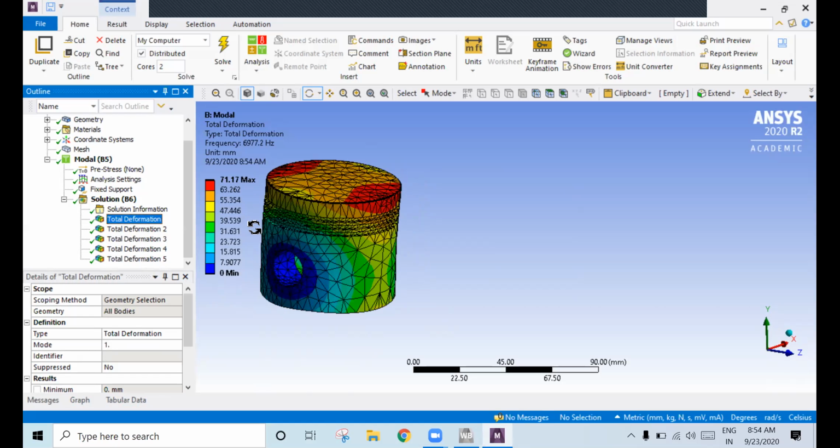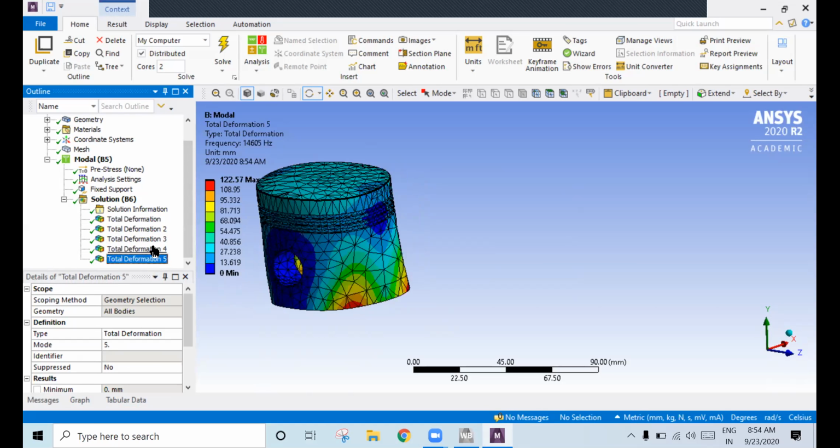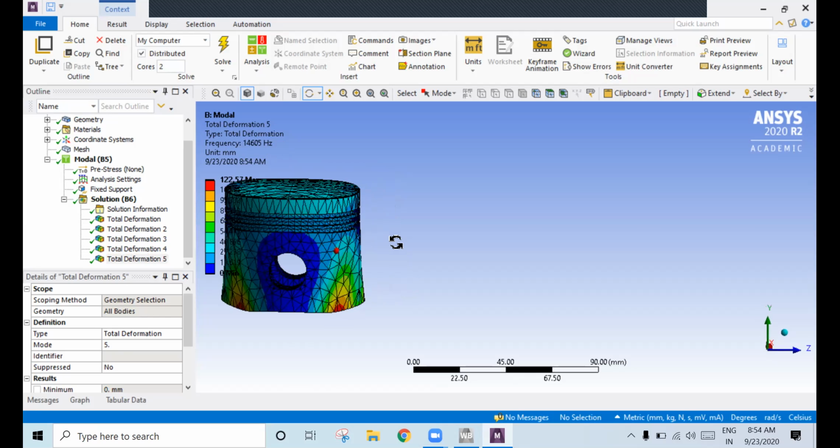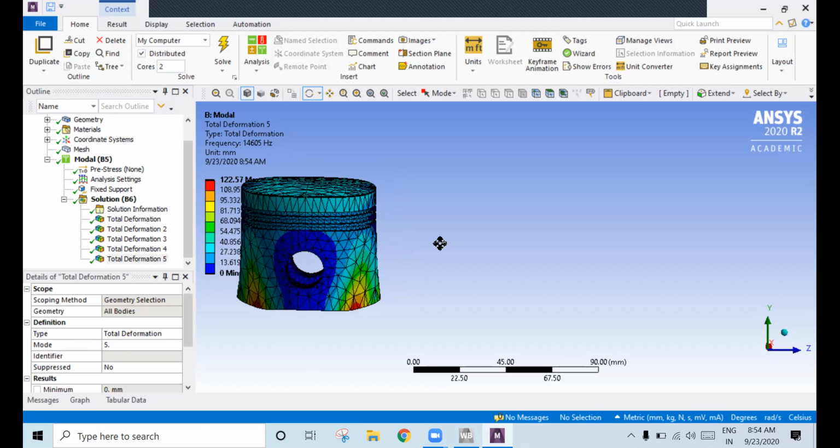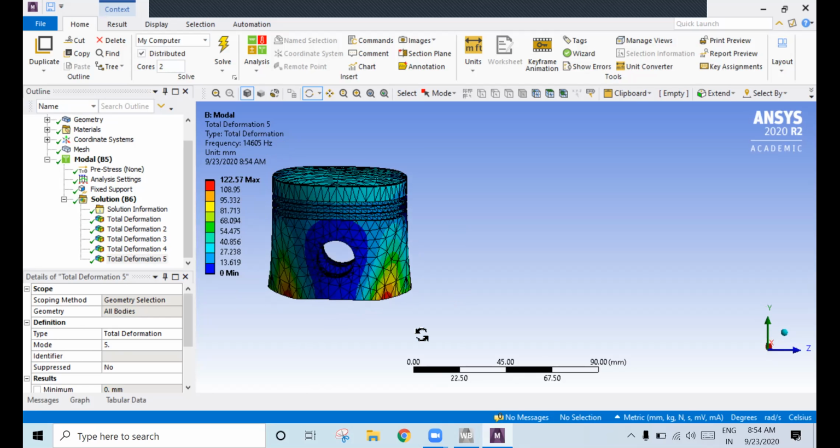I will send you the sample report. In the same way you need to create it. So if you get the natural frequency around 62 or 58 like that, then we can say that the vibration will occur. All of you got this? Any doubts? No, sir. Okay, this is how you can perform modal analysis.